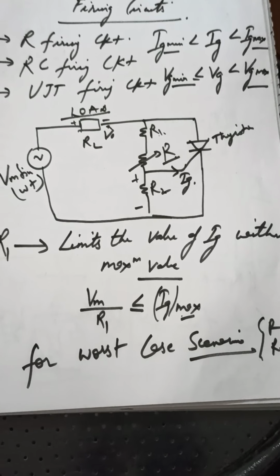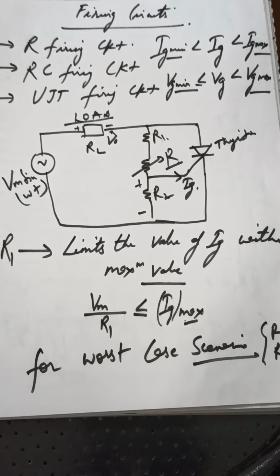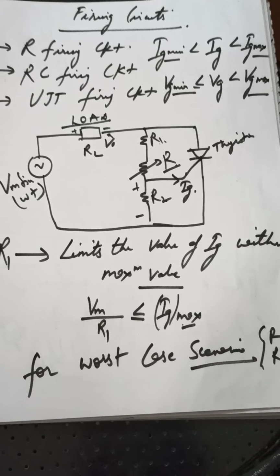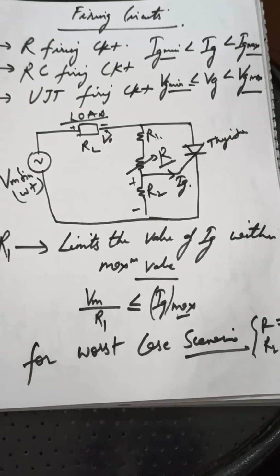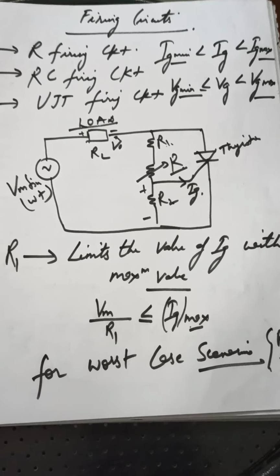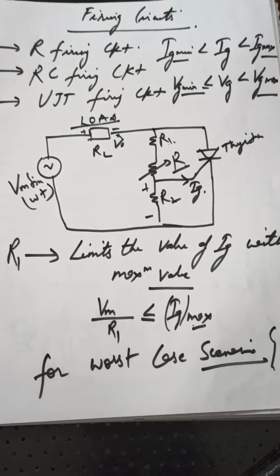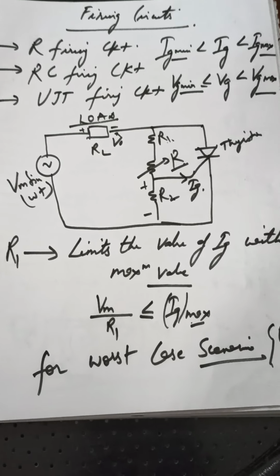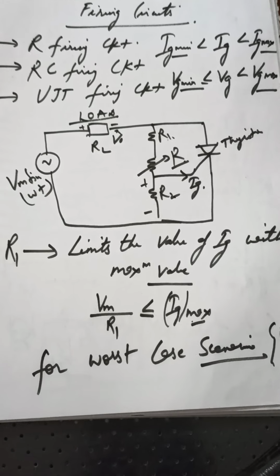If I am not wrong, for sure this will act as the gate terminal voltage. This will lead to the triggering of the thyristor. I think I am quite clear up to this point. Yes, this will cause the triggering of the thyristor, and this will lead to the flow of gate current,